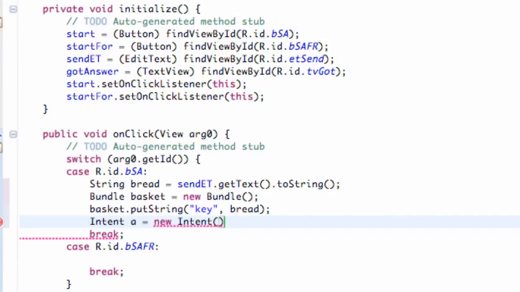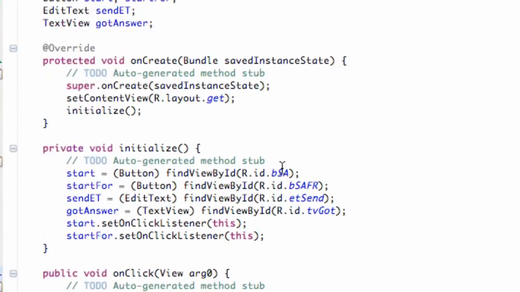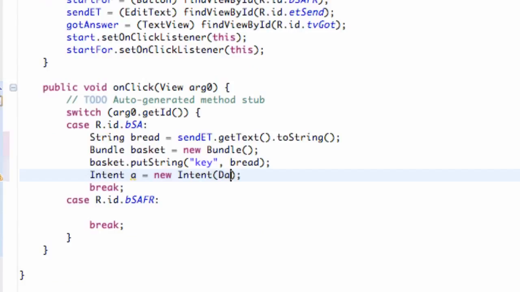But this is going to be a little bit different in parameters for the most part. So instead we've got to give the context, and then we've got to say what class we want to open. So we're going to say the context of this class, which is called data. So we're going to say data.this, comma, and then the class name that we want to open. And so we're going to say open class